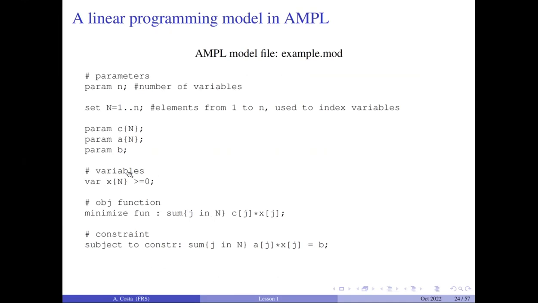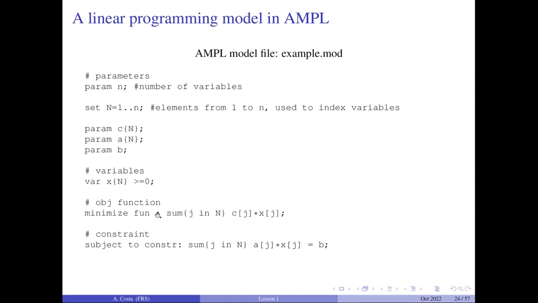Then we also have variables. As I said, we have x1, x2. So if we write x like that, we are saying that variable x can be indexed by 1 and 2. We have x1, x2, and both of them are greater than or equal to 0. So why is this useful? Why didn't I just write x1 and x2? Because imagine that I have to write 1,000 variables. I cannot write x1, x2, x3, all of them up to x1,000. This is much easier. I just define a set 1 to 1,000, and with one line, I have defined 1,000 variables. This is one of the ways AMPL helps us define better models in a more efficient way.